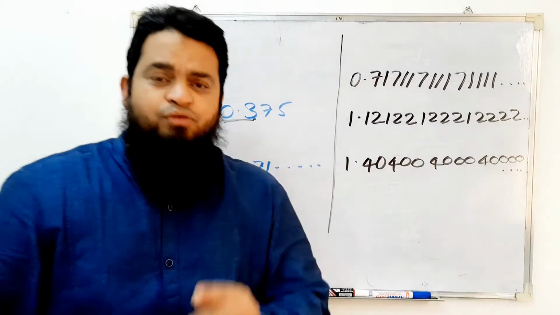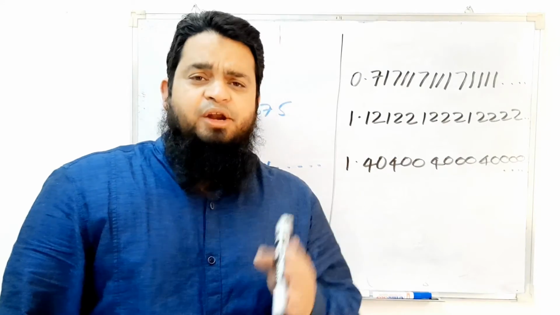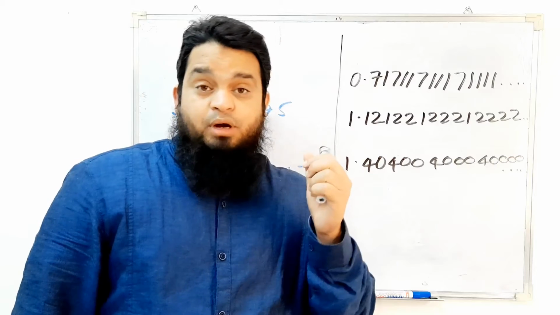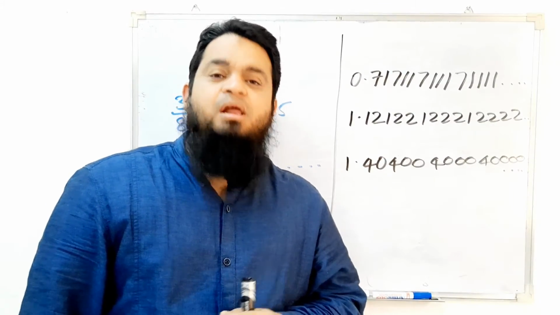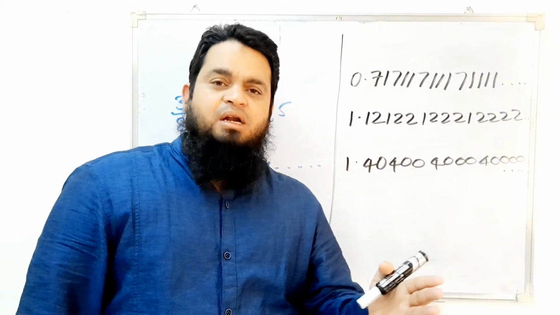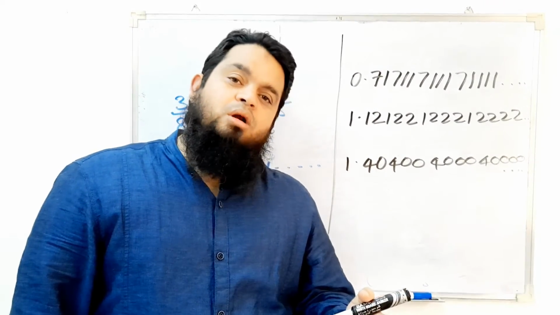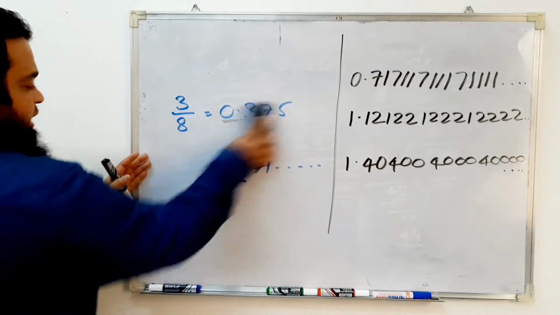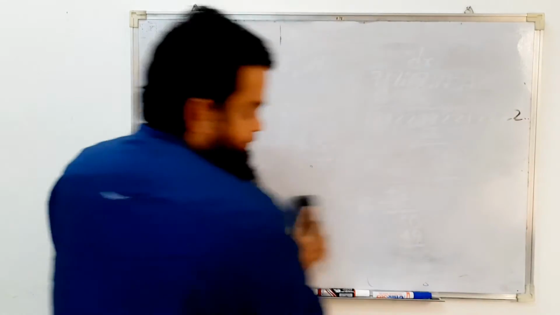So you have to remember the concept. Whenever the denominator has the prime factors as only 2 and 5, you get a terminating decimal. And when you have anything other than that, you get a non-terminating decimal. You can get non-recurring as well as recurring decimals. Okay, fine. Let us go to the next problem of the same kind.